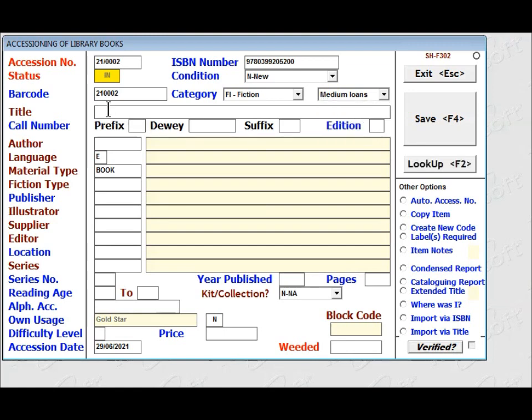The cursor is now in the space for the title. The book that we are putting in now is called Sadako and 1,000 Paper Cranes. So we type it in, Sadako and the 1,000 Paper Cranes. Press enter,